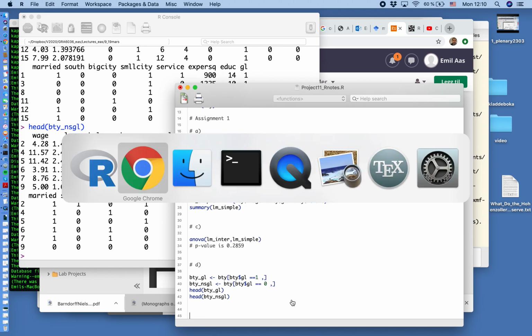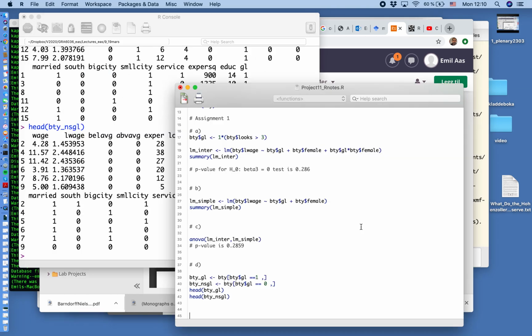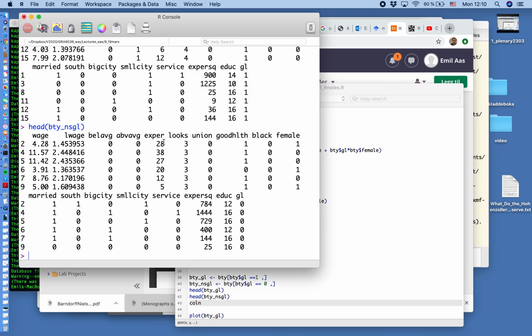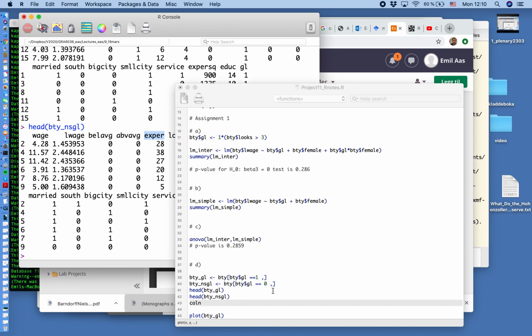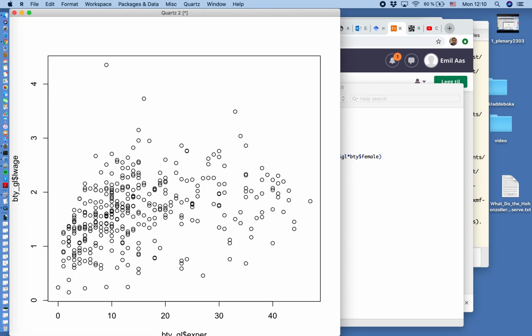So now we have two data frames, and we are to plot the log wage versus years of experience for both these groups. So we are to make two plots. So that's plot BTY_GL, and here we see that there is a variable called experience, exper. We're supposed to have that one on the x-axis, and then BTY_GL$logwage on the y-axis. So here's a plot,